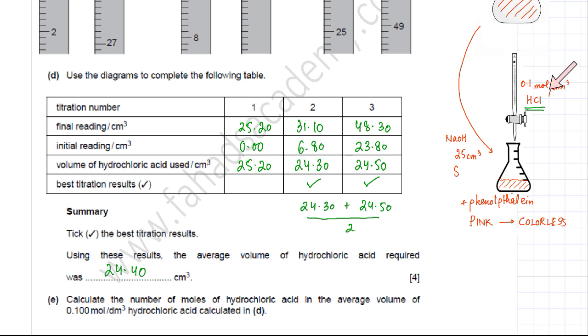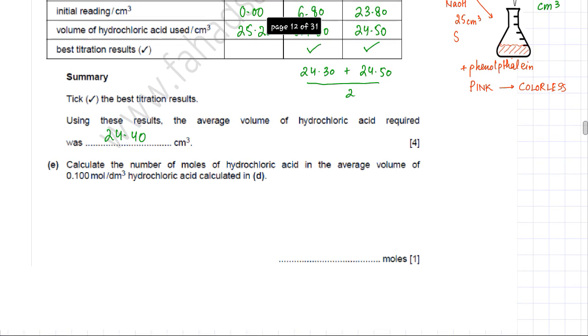So I figured out what amount of HCl is added on average, and I'm going to write that value down. So it's 24.40 cm³ of HCl on average that has been used, and this is my average value for taking my best titration results. So I know the concentration of HCl, which is 0.1 mol per dm³, and I also know the volume of HCl. Now moving to the next part,